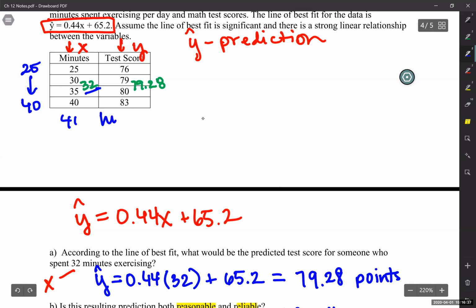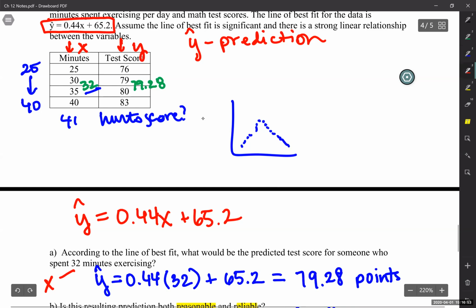So what if we have this pattern? What if this happens? What if we have working out, and then the studies show that once you get to 41 minutes, it actually lowers your test score. If you only give me a picture to the left of this line,